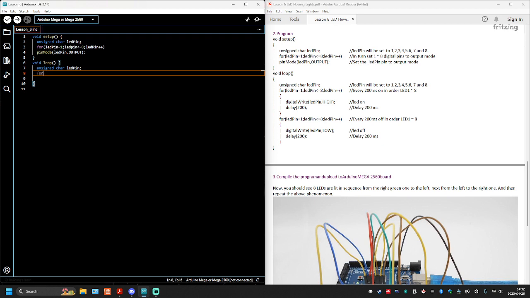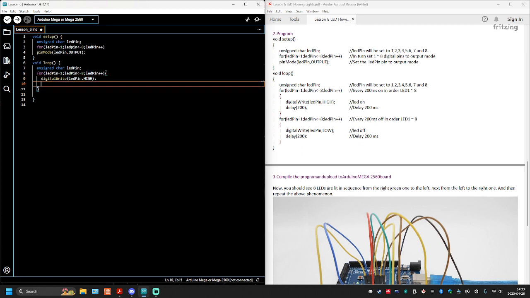So let's see here. For LED pin equals 1 semicolon, LED pin less than or equal to 8 semicolon, LED pin. Helps if I spell it with a capital. Need a capital P in there, and then plus plus. Then curly brackets, because we're not doing the semicolon. And this is where we'll get our digitalWrite to pin high. So digitalWrite, LED pin, high, semicolon. Next line, we're going to delay 200, semicolon,